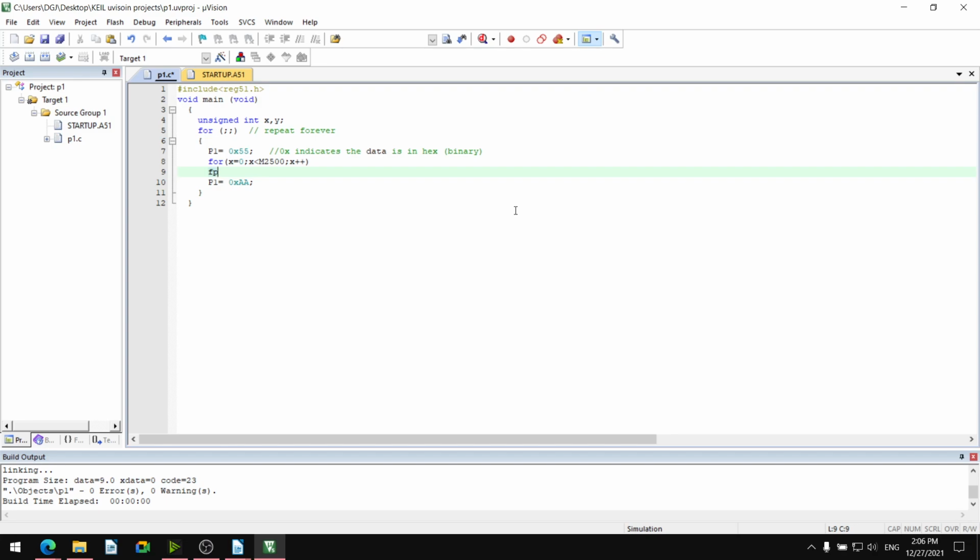Then for y equal to 0; y less than 2500; y plus plus semicolon, and the same is repeated after P1 also. Okay, first check with this, then again we can repeat it.